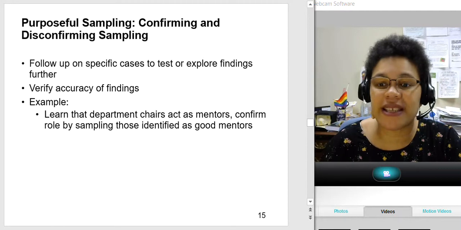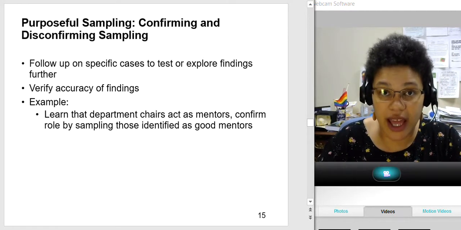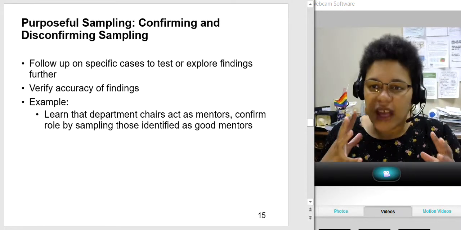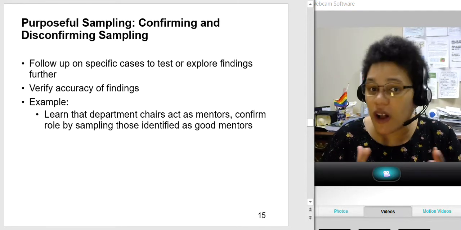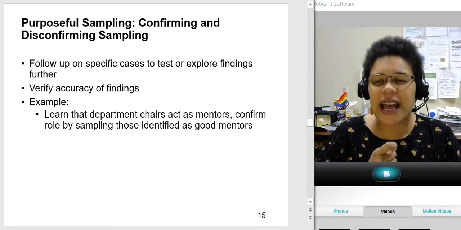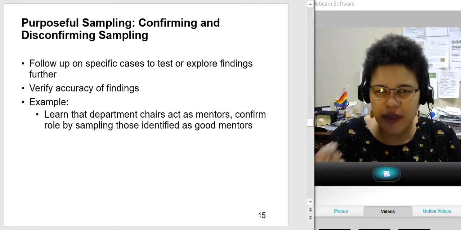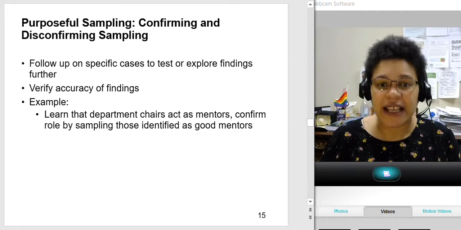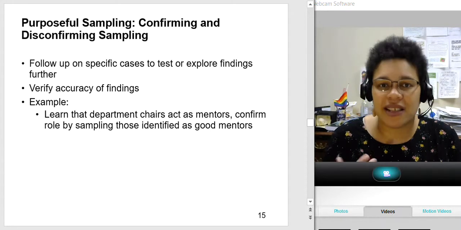Confirming and disconfirming sampling, very important in grounded theory. Okay, it's in having disconfirming cases or a sense of the variation. It can be important in all kinds of studies, but you really want this idea that you're testing a theory, like you do with grounded theory, requires that you want to find these confirming and disconfirming